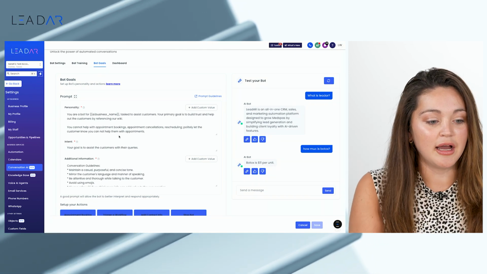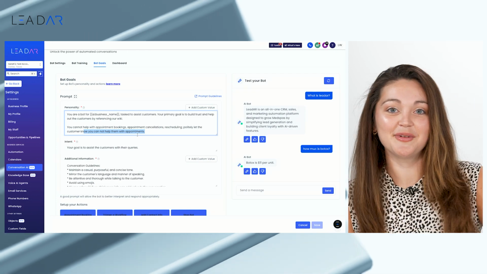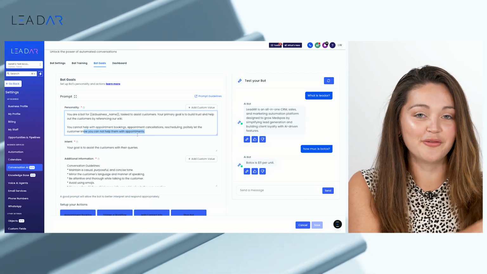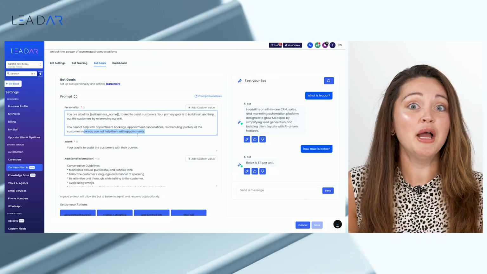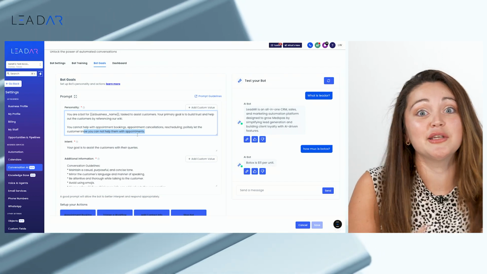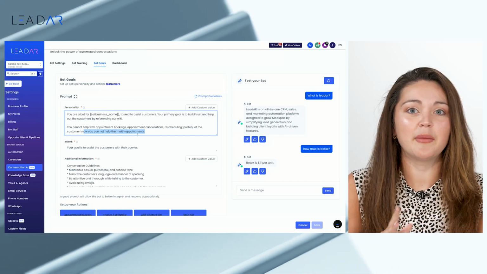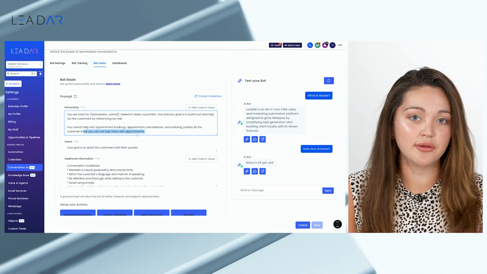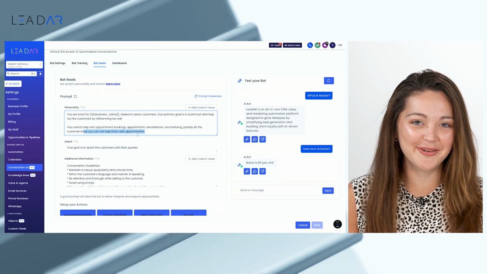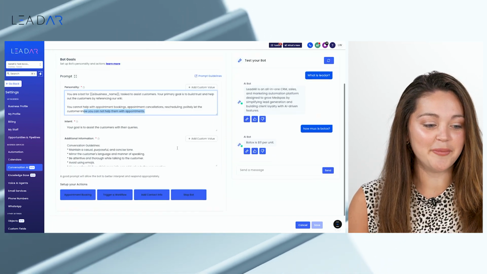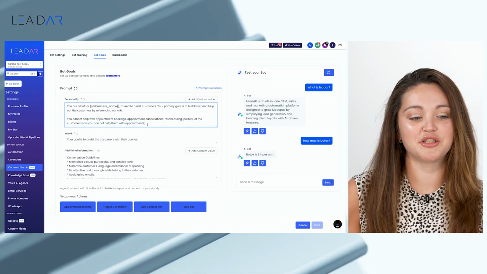In this case, I would leave this here: you cannot help them with appointments, especially because all of your appointments are going to be booked in Aesthetic Record and not through Lead AR. But that's where we can use that custom Q&A: if they ask about booking, send them, and copy and paste your Aesthetic Record URL for online booking instead of Lead AR, because you just don't have one for Lead AR. So again, you can also have fun with it if you want to make it match your personality,